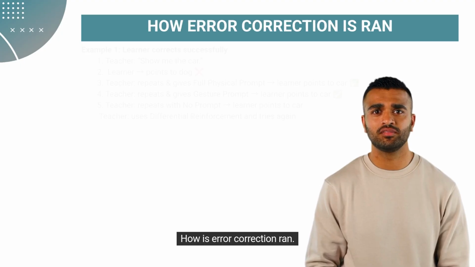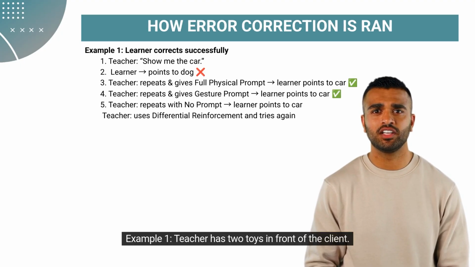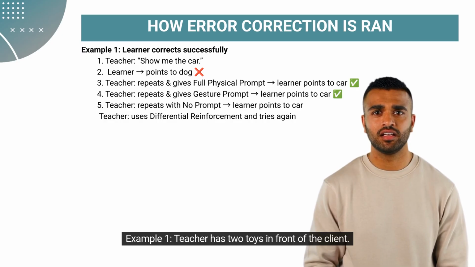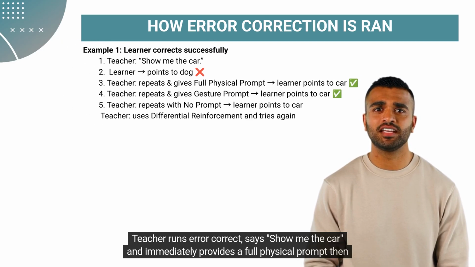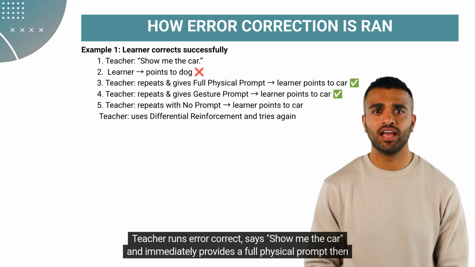How is error correction run? Example 1: the teacher has 2 toys in front of the client. One is a dog and the other is a car. The teacher states, "Show me the car," and the learner points to the dog. The teacher runs error correction, says, "Show me the car," and immediately provides a full physical prompt, then the learner points to